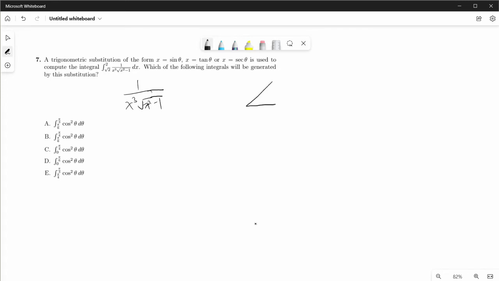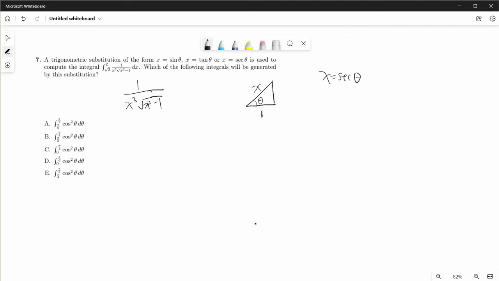In this case, since it's a minus sign inside the square root, that means we got to set x to be the hypotenuse. Right, if I want the angle to trig sub with to be this angle, that means that I'm going to have to set the 1 to be here, because in that case, secant theta will be equal to